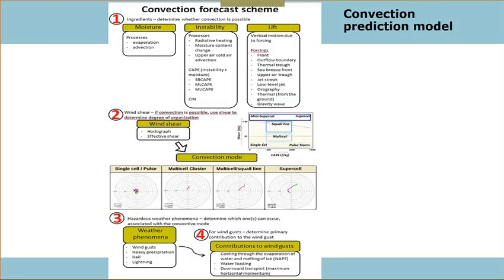Well, at KNMI, again, we started to make use of this forecasting convection scheme 5 or 6 years ago, in which you can see 4 steps. And I already showed you a month ago in the first webinar how to use merely the first step, that is the ingredient moisture, the ingredient instability, and the ingredient lift. And well, you can see a whole range of subjects in which you can look at observations, but also at the numerical weather output by